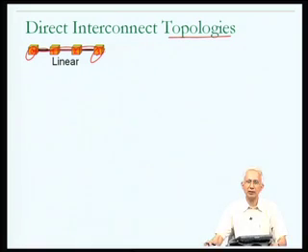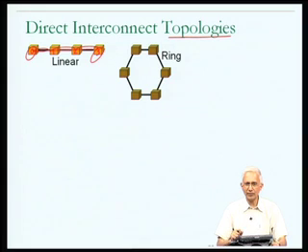And the property of the linear interconnect is that one could talk about the amount of time that it will take for a communication between a processor running on node 0 and a processor running on node 3. And you notice that if the processor on node 0 wants to communicate with that on node 3, then the message would have to pass through the intermediate nodes. And in general, if there was a shared memory machine which had n nodes in it, then in the worst case, a communication between one and another of the processes running on the nodes would have to take n minus 1 steps through the interconnection. And therefore, that's the unpleasant property of the linear interconnect,